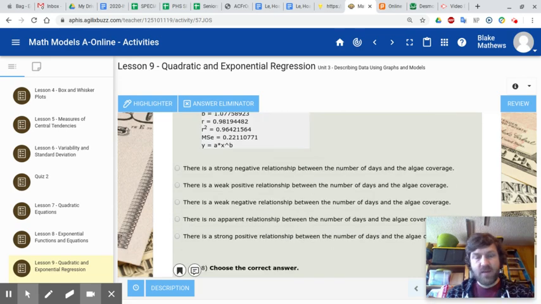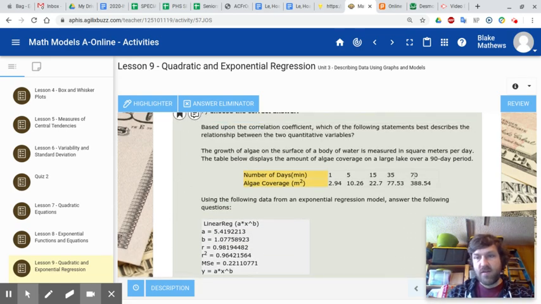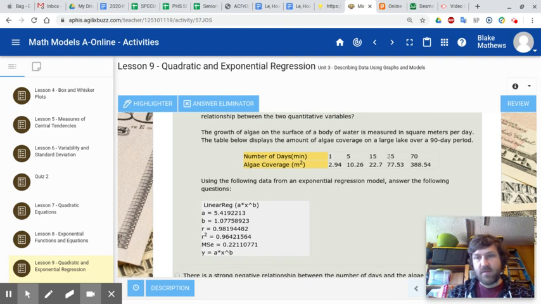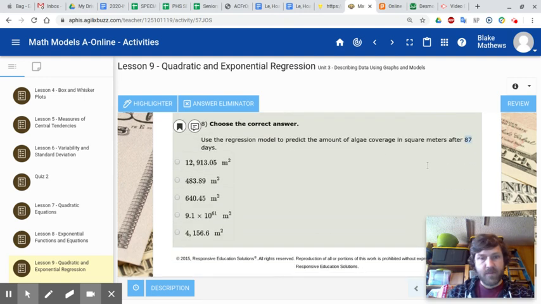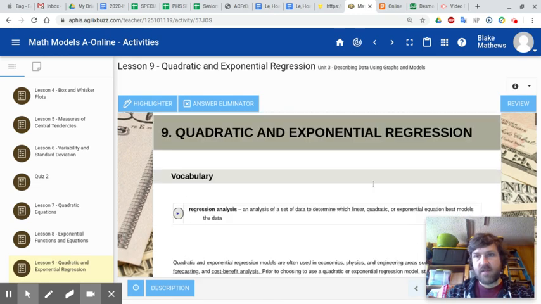Okay. And you can probably guess the answer based on this. You can see that 70 is 388. So it's got to be one of these two, I'm thinking. But you'll have to do it yourself and calculate it and see what you get as your answer. So that's it for lesson 9, and hopefully